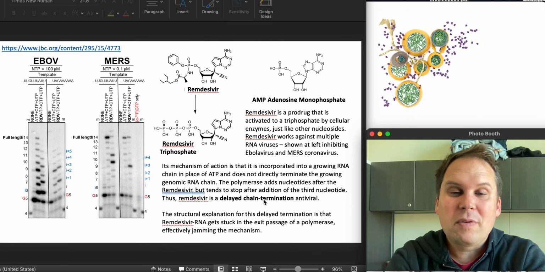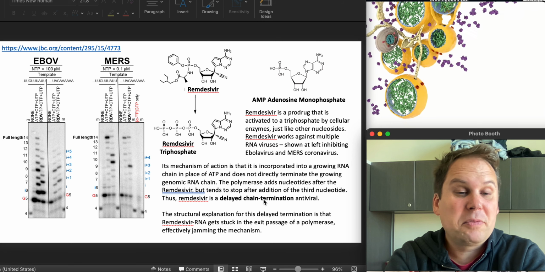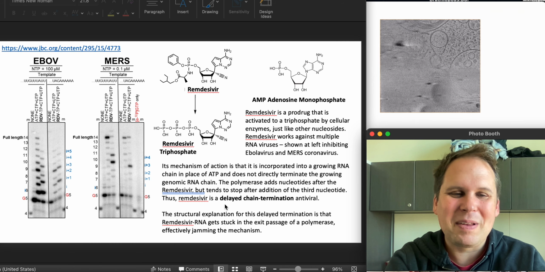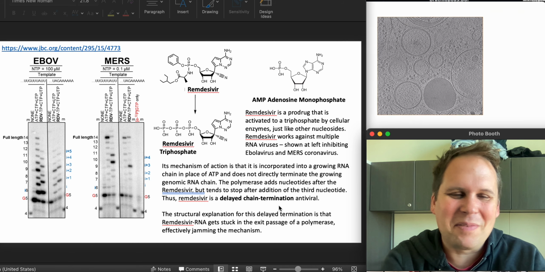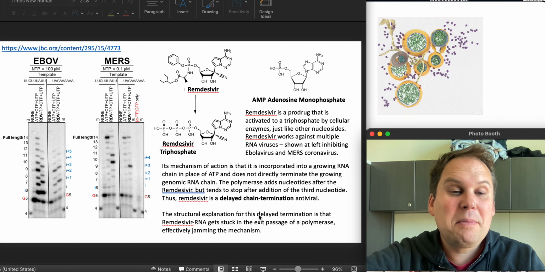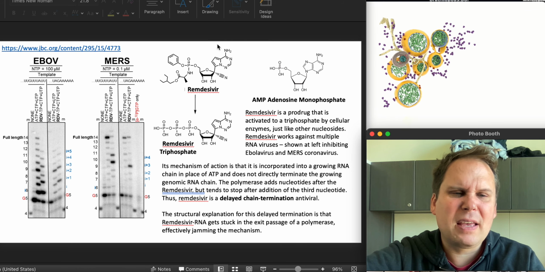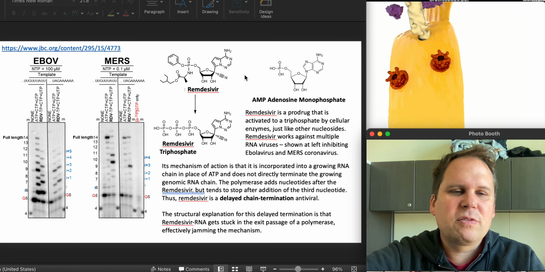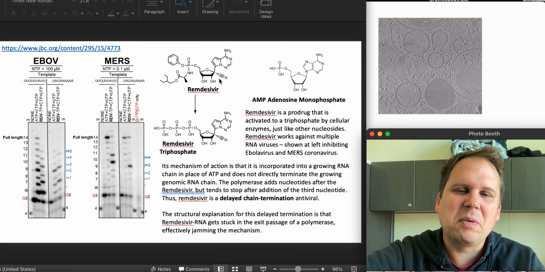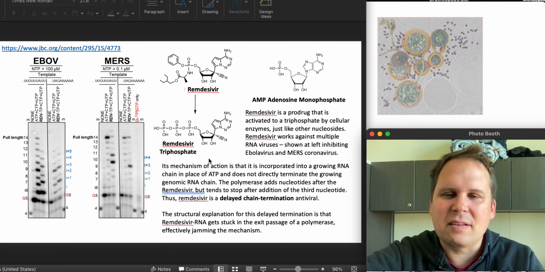So step 1, remdesivir is going to be phosphorylated to make the triphosphate. Step 2, remdesivir is going to be incorporated by the unsuspecting viral polymerase, because the polymerase is not all that careful or all that smart. Step 3, the virus is going to keep on putting things in after it. And that's fine, because remdesivir would make a total mess. If you went and tried to base pair something with this, I guess you could base pair a T with that probably fairly well, but I don't know, this azide, or whatever that is, group on the side, that's a little weird.